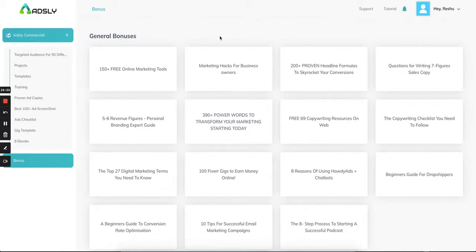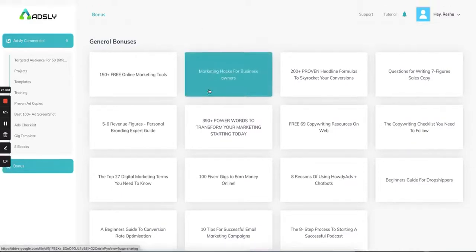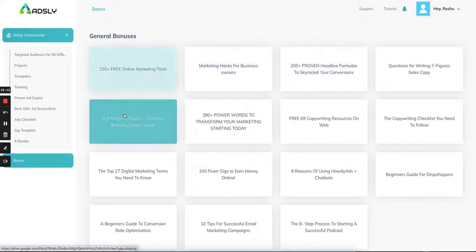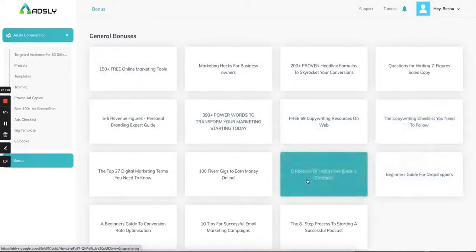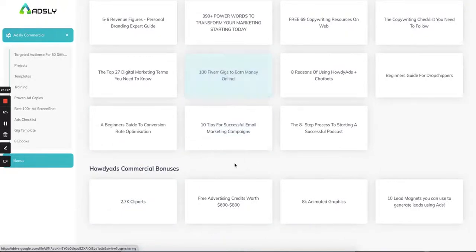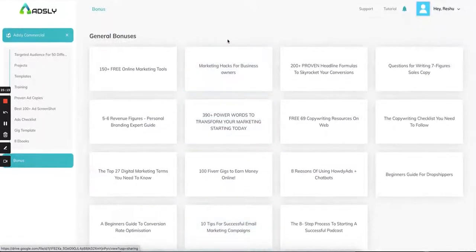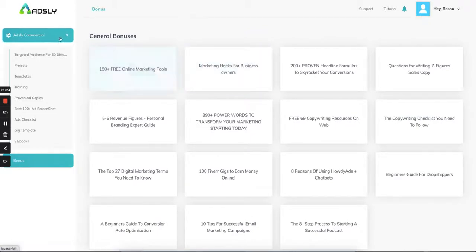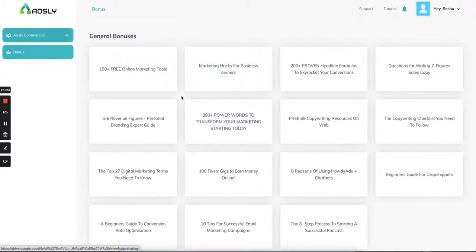It also has a project management system in the upsell which helps you to share your template with your customer, take their feedback, make corrections according to the feedback, and then finally deliver it. It also helps you to share your template with a co-Adsly user or with a new user so that they can see the work you have done, and if they want, they can edit the template and use it for themselves. So Adsly has a lot of features in the upsells.